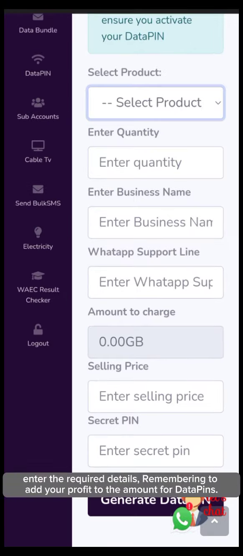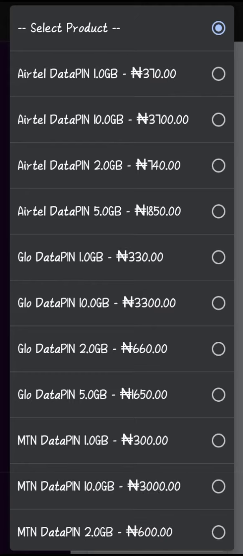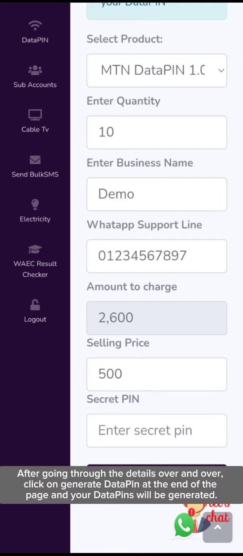Enter the required details, remembering to add your profit to the amount for DataPINs. Also, take time to choose the correct price and product you want to sell. After going over the details over and over, click on Generate DataPIN at the end of the page and your